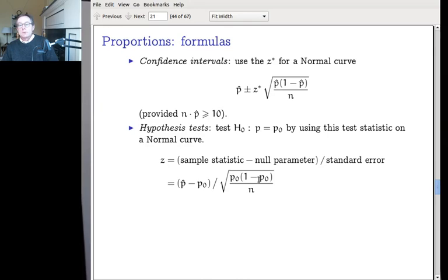P naught times 1 minus P naught over N. Of course, the two of them look somewhat familiar, but anyway, this uses P naught instead of P hat. I mentioned every formula has some little quirk, but it's not that hard. All right, here we go to the previous